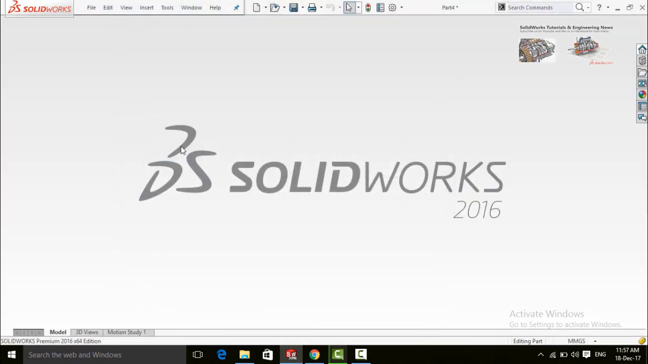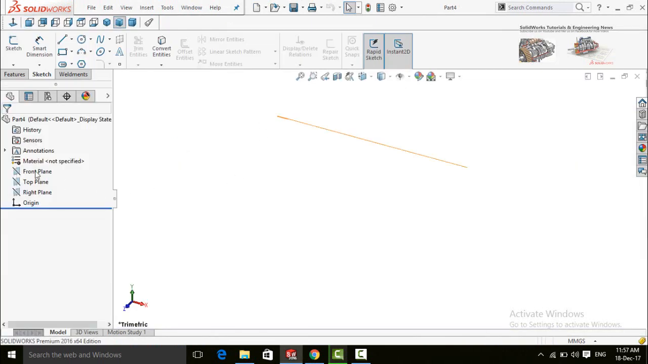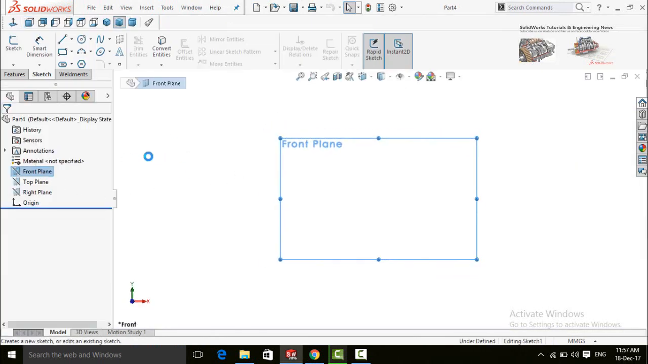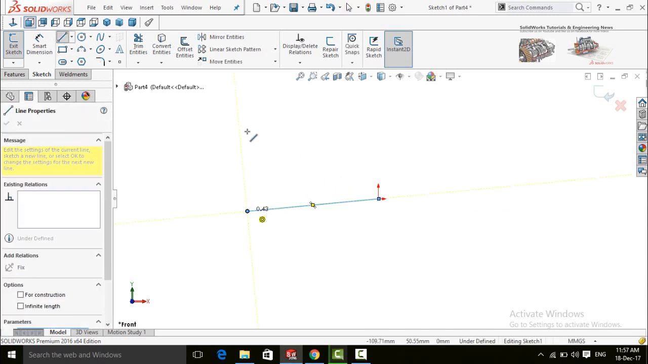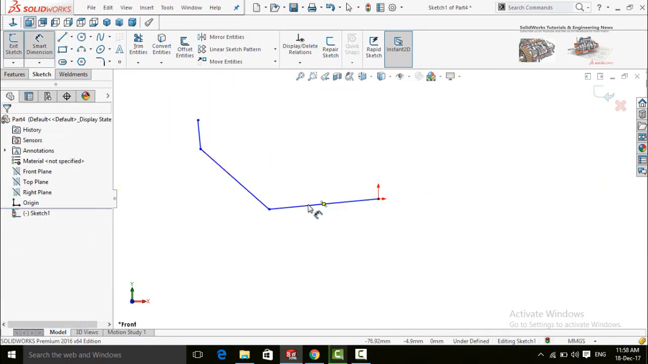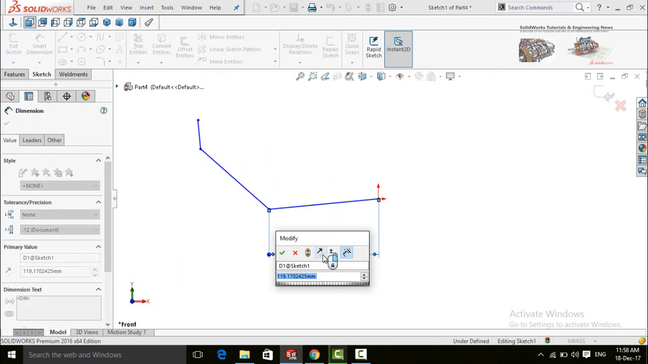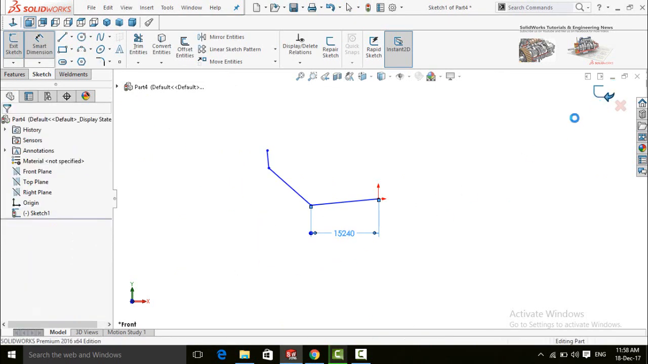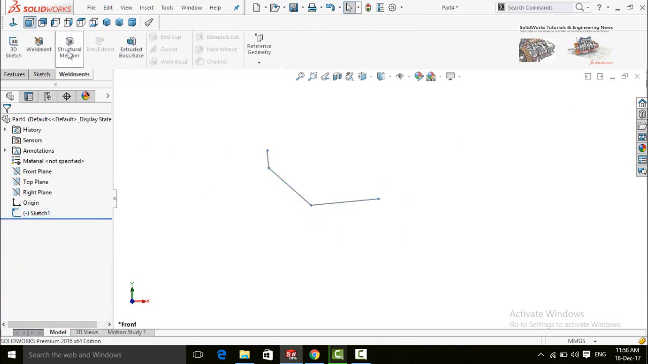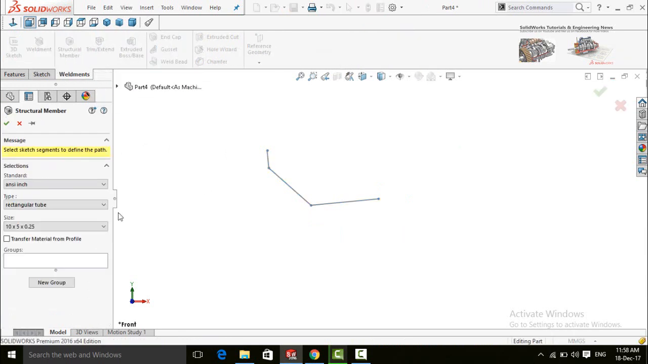Now let's create some part by using this profile. So for that, sketch on front plane and sketch something. Edit it. Save and exit from sketch, and then go to Weldments tab, select structural member, standard ANSI inch, and angle